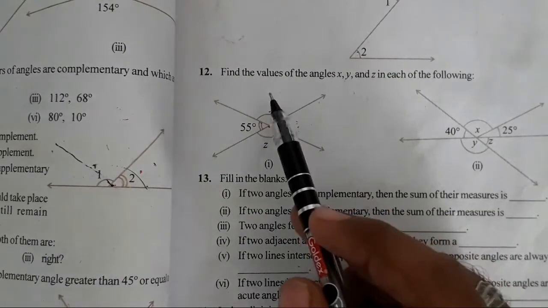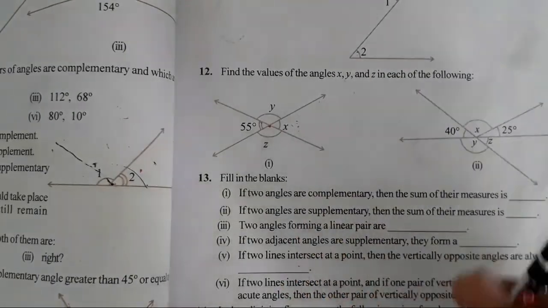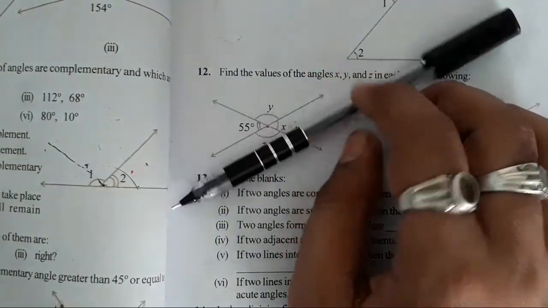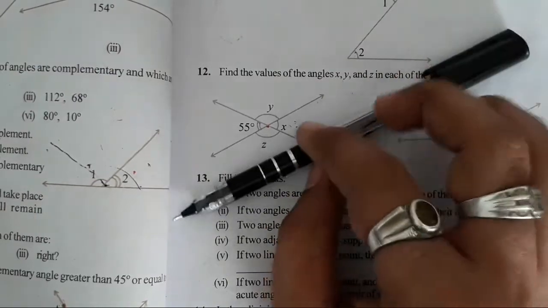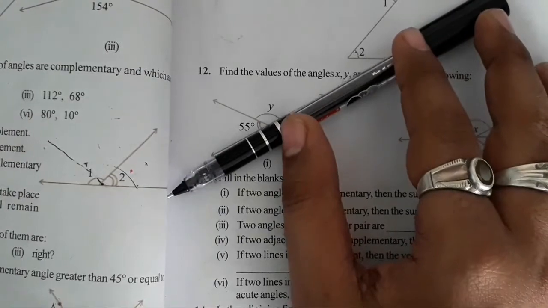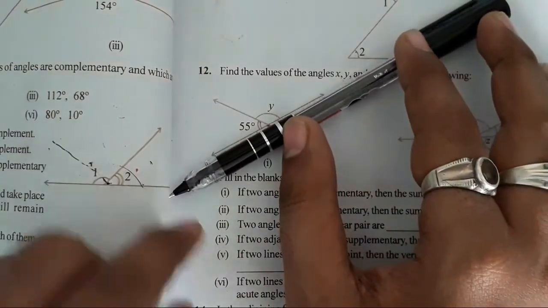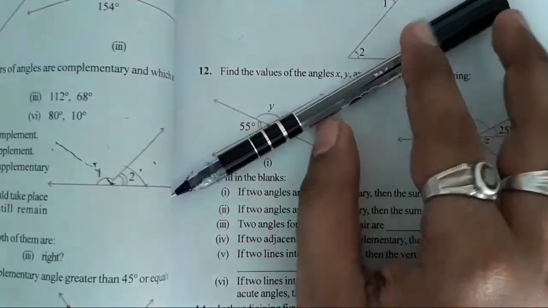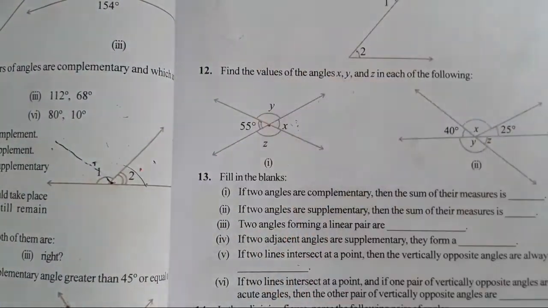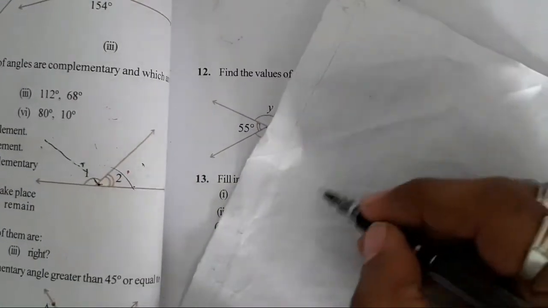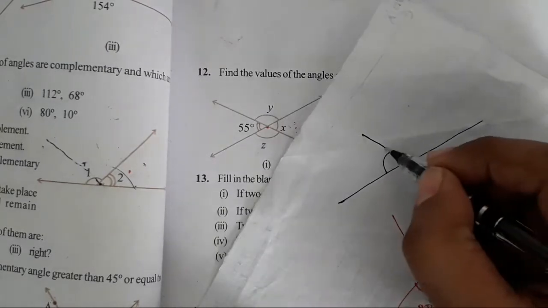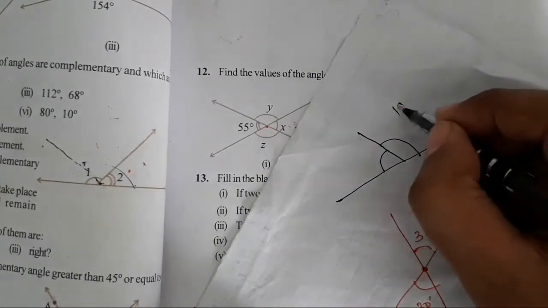Now we have to find the value of this angle. Here we may see that a straight line is there. Whenever a straight line is there, the angles formed on that line sum to 180 degrees. That is using the linear pair property. Here you may see the straight line and a common arm, so two angles are being formed. The sum of two angles in a linear pair is equal to 180 degrees. For example, this line is there and one common arm is there, so the measurement of the two angles in a linear pair is equal to 180 degrees.